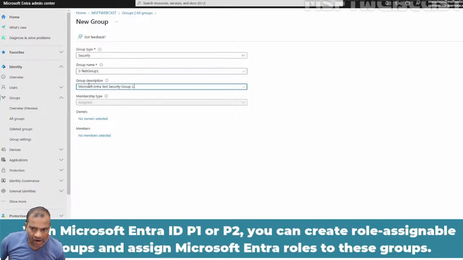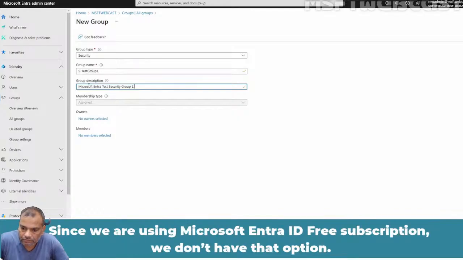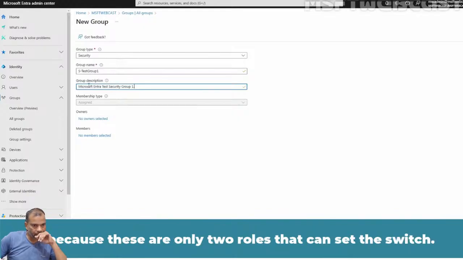With Microsoft Entra ID P1 or P2, you can create role assignable groups and assign Microsoft Entra roles to these groups. In that case, you will have one more option here to name roles that can be assigned to the group. Since we are using a Microsoft Entra ID free subscription, we don't have that option. Remember, this switch is visible to only privileged role administrators and global administrators because these are the only 2 roles that